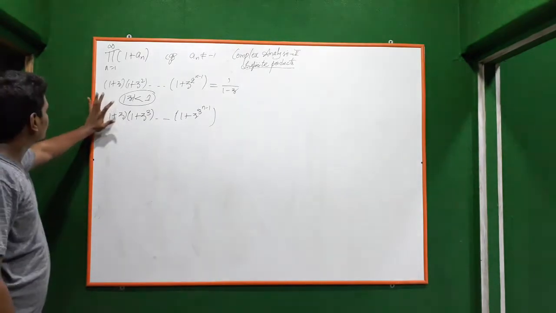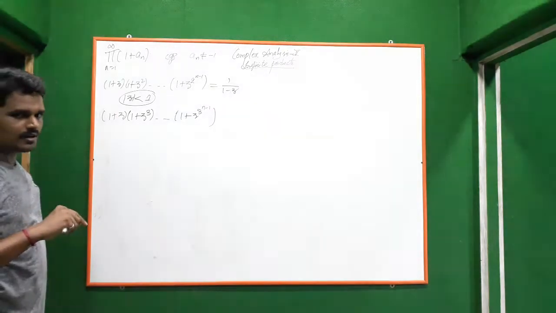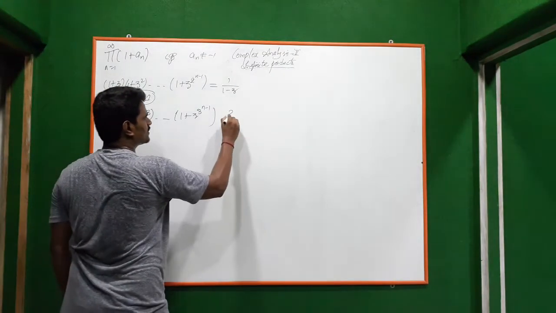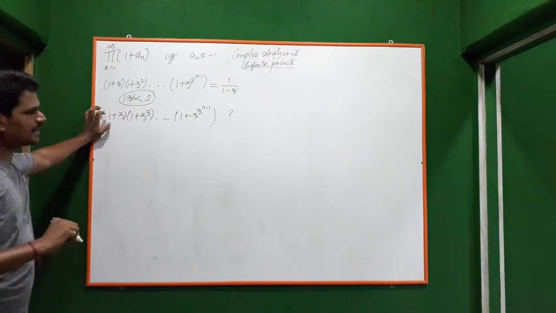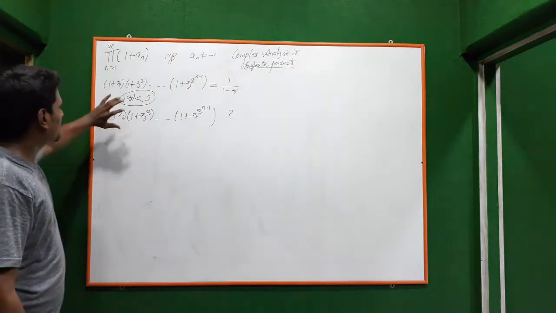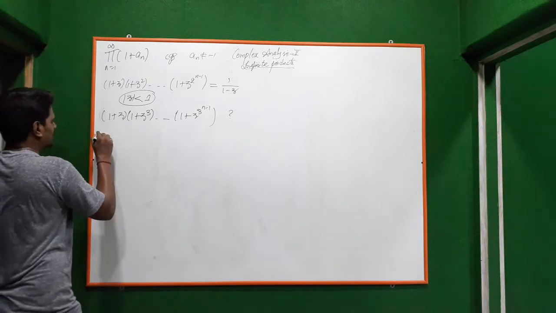Like this, here this will converge when mod z is less than 1. So inside the open disk. Like that, find where it will converge. Find that out now. For this you use the theorem which we are going to prove now. By that theorem you can prove this. So we'll see what that theorem is.